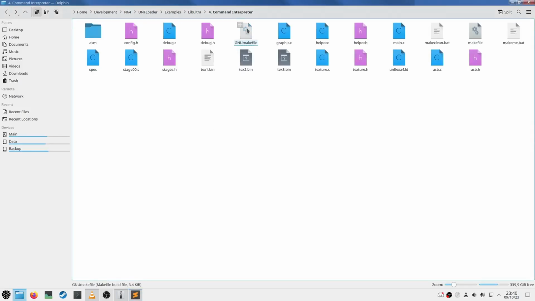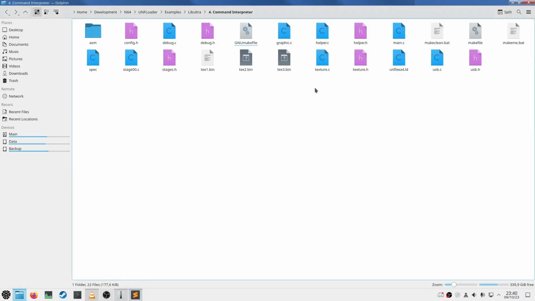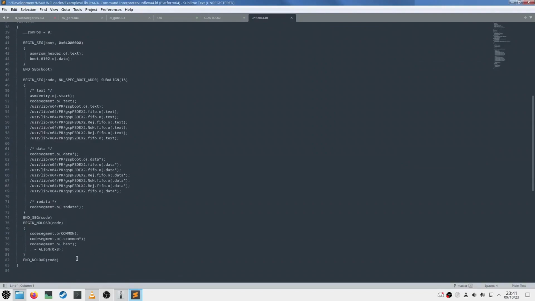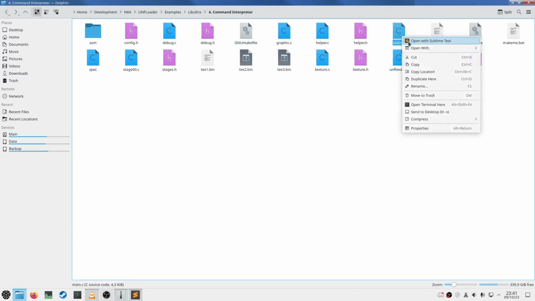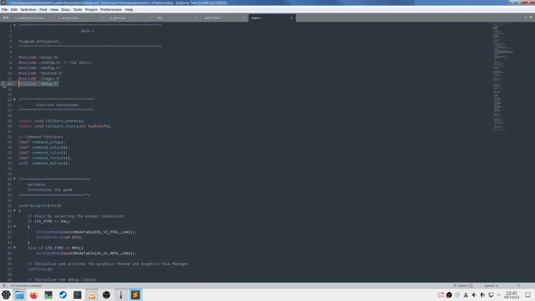Another important thing is that you also need to make sure that your project is compiling with debugging symbols and ideally with no optimizations. You also want to double check that your linker script is not discarding the debug sections, as we're going to be needing those. Okay, so we've gone ahead and we've added the USB and debug files. And we're going to go to our main file and we're going to initialize the debug library. This is as simple as calling debug initialize, and make sure you include the debug.h.